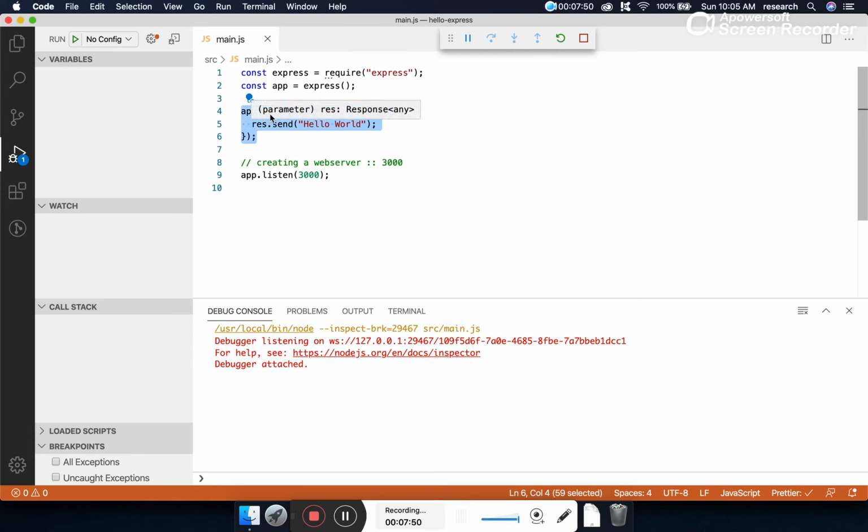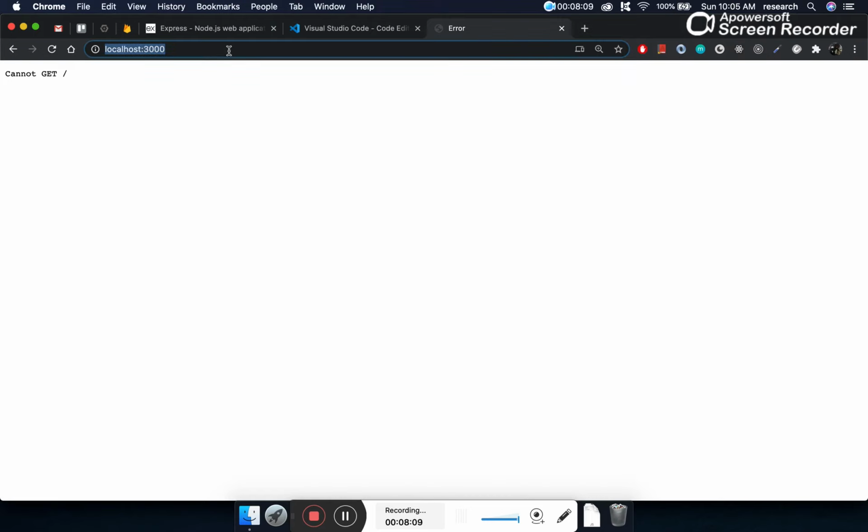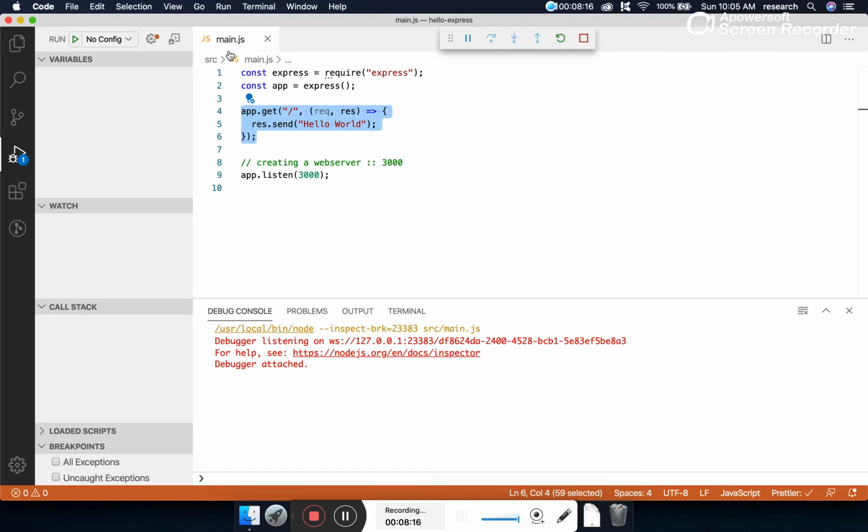So we have just developed a hello world get API, serving simply hello world. Since we have made some changes, let's restart our server by clicking on this green button. It has been restarted. Let's go to the browser and type localhost 3000 one more time, and we can see the output hello world. So with this we have done all the 3 tasks: project setup, creating a web server and developing the hello world API.